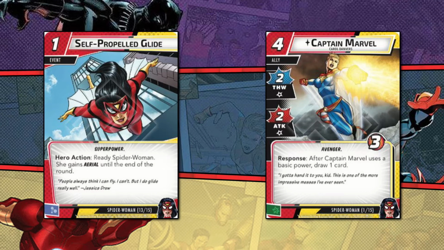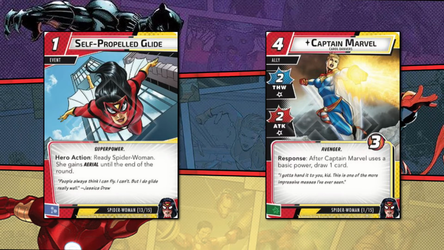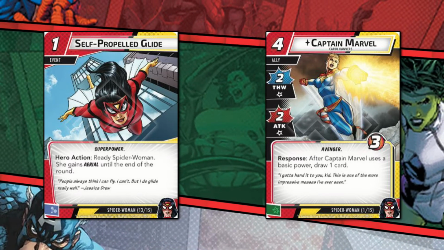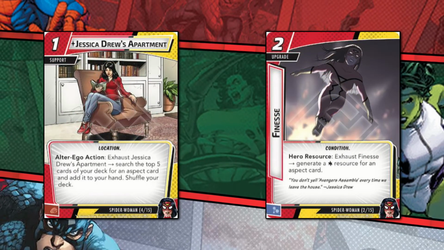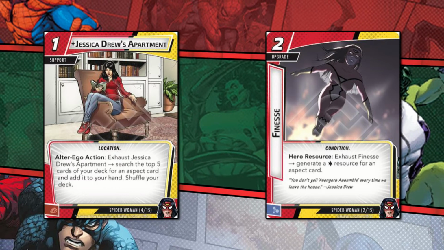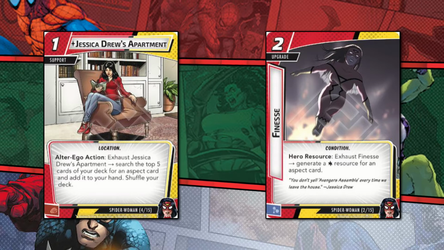And Captain Marvel, who when putting aside her vanilla stats brings some worthwhile net economy, providing almost 100% consistency in hitting 2 Spider-Woman activations each turn. Rounding out her signature cards are Jessica Drew's Apartment and Finesse, the former of which makes me want to break out in song, finagling the word synergy in there somewhere. It's just a great card, but with my mood somewhat tempered by the fact that it has to be used in alter ego